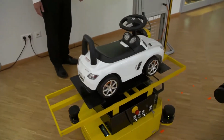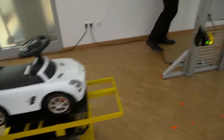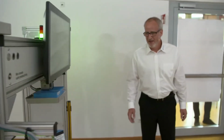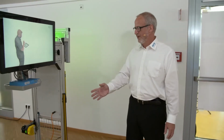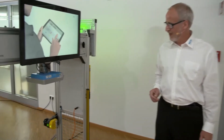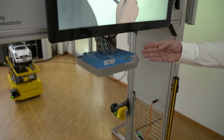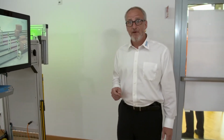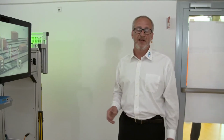So I will go to the other side to show you the second solution. Here we use a multi-beam system to safeguard the area, and we have an RFID reader here, and we have an RFID tag on our mobile platform. This tag is basically used, the RFID, to send this not easy to manipulate